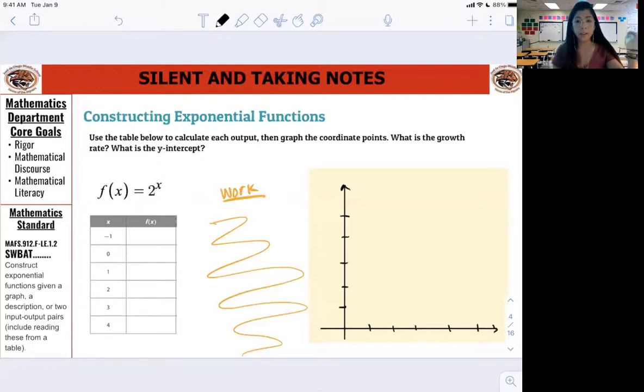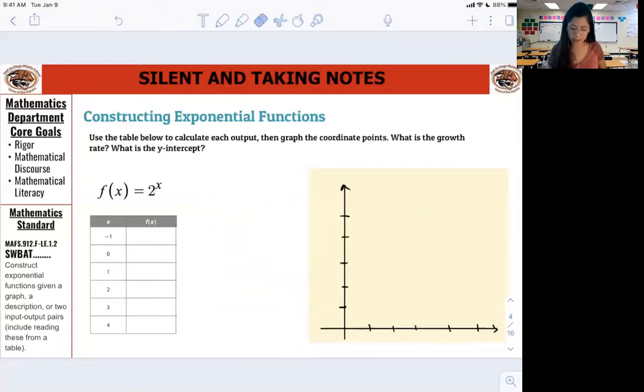That's what I want you to do in your notebooks so that you have an idea of what this graph is supposed to look like. That way, you can look back on it and remind yourself of how it was when you did it in class. I know that usually we don't graph things in class because it's a little hard to do, but it's going to be pretty important today because we're going to be talking about patterns and what the shape looks like. I just want to make sure that you have all of that in your notebook. So with all that being said,